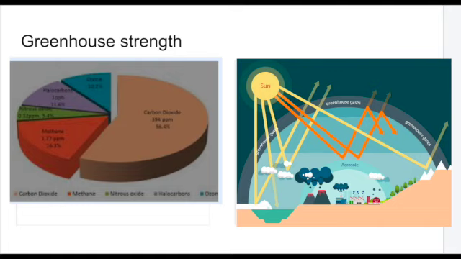I also want to tell you that not all greenhouse gases are equal. The main ones on Earth are water vapor, which is not on this chart, carbon dioxide, and methane. And we look at some of the other greenhouse gases. Those other ones can be much more potent, having an individual molecule 1,000 times more greenhouse effect than a molecule